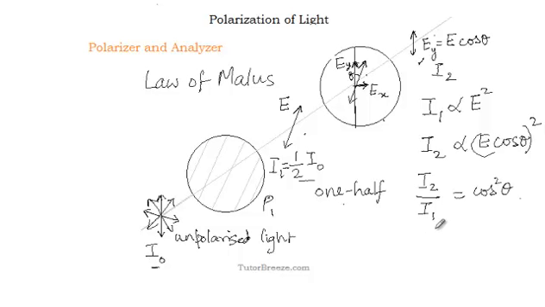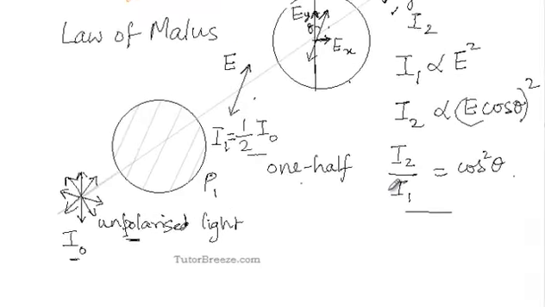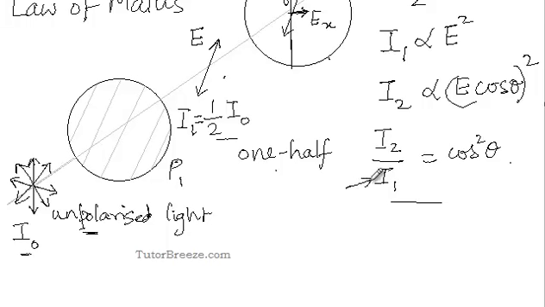Now, just keep this in mind when you're solving numericals, that suppose you are given that light is unpolarized, then the first time it is incident on a polarizer, you have to take the intensity of the emergent beam as half that of the incident beam. In that case, you can't use Malus' law. This is used only when the incident light is polarized. So I1 over here is the intensity of the polarized light.